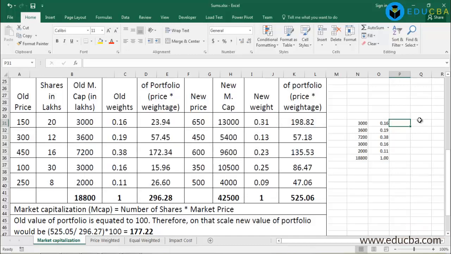Let me note down these new values now, right? Just to give you a quick practice how exactly we are calculating weights. And here's the total, 42,500, right? I'm going to divide by the total value, and you get this too. Let's take the calculation, right? In case you're wondering why I added dollars instead of that, we can use this